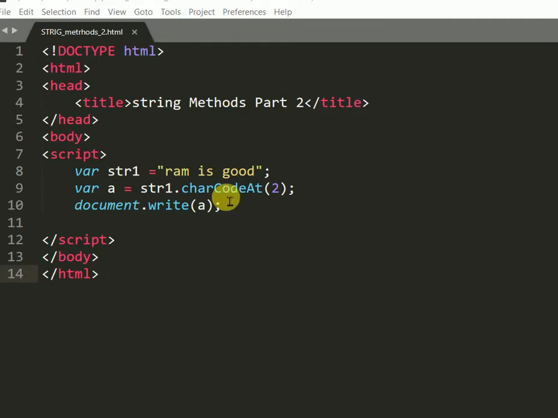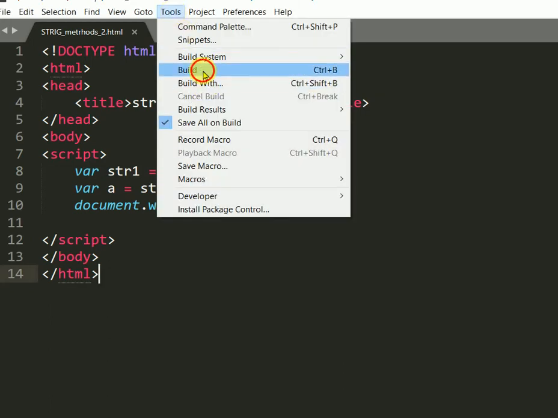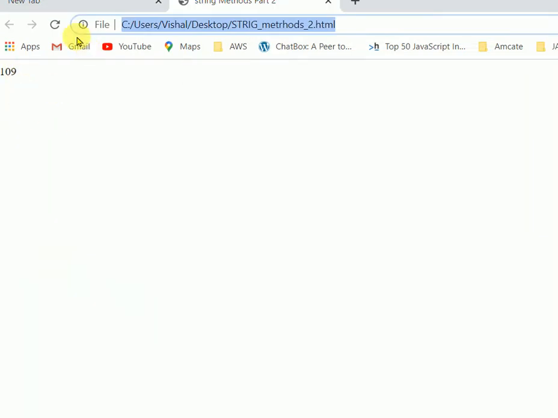And now we will see the charCodeAt method. In that method we pass a position, and it returns the ASCII value of the character at that position. Here we pass 2, so it will return the ASCII value of m. We got 109, which is the ASCII value of m.